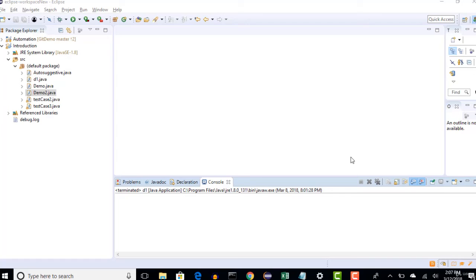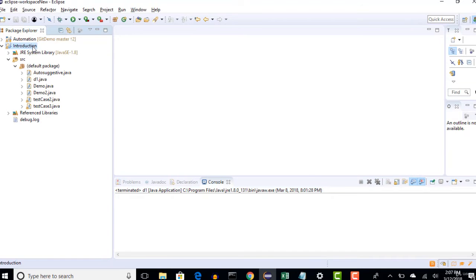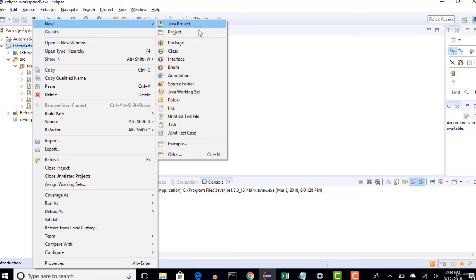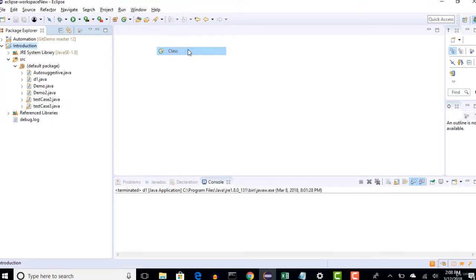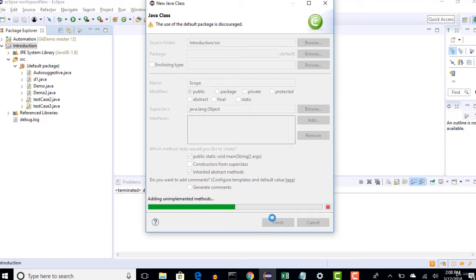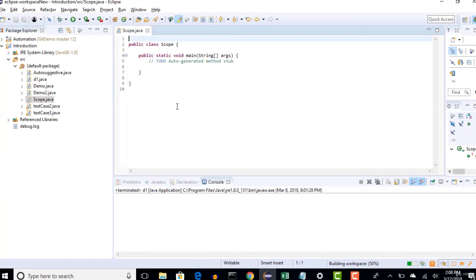Okay, so let's get our hands dirty with some more coding. Let me create one new class, and I'm going to teach one interesting concept in this section. You'll really enjoy it. We can treat it as a scope. The test case is more about WebDriver scope. We'll try to understand that with a neat example.